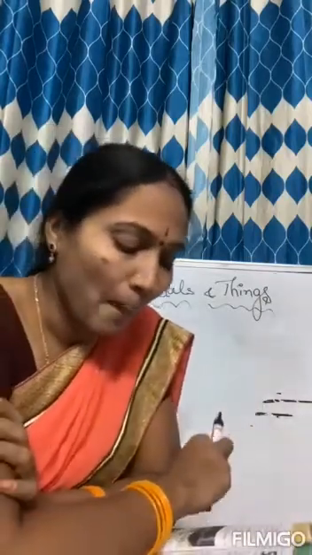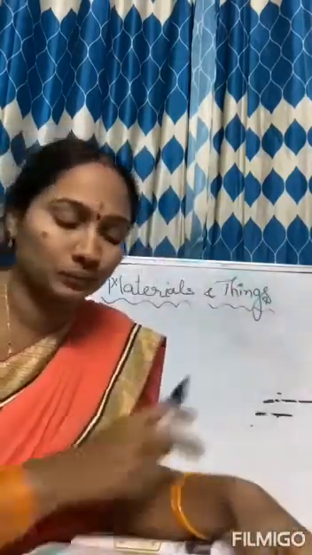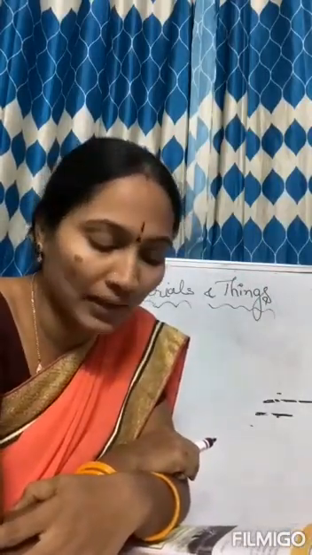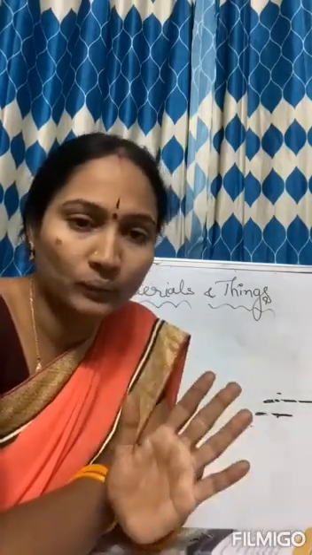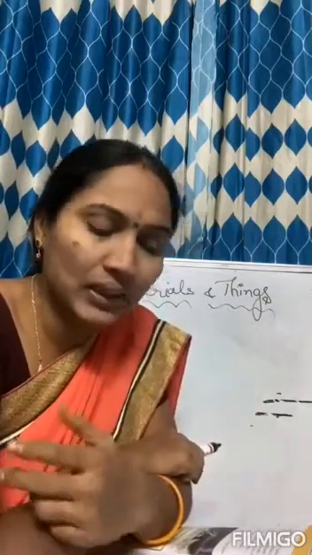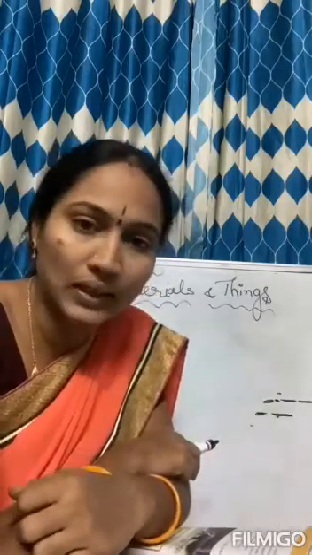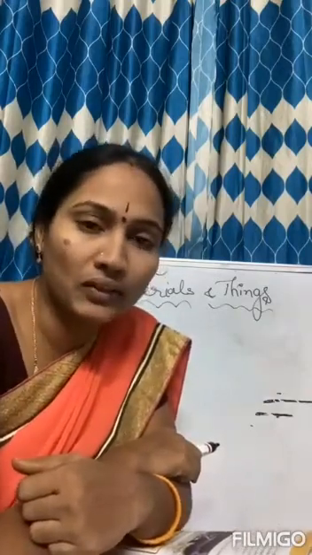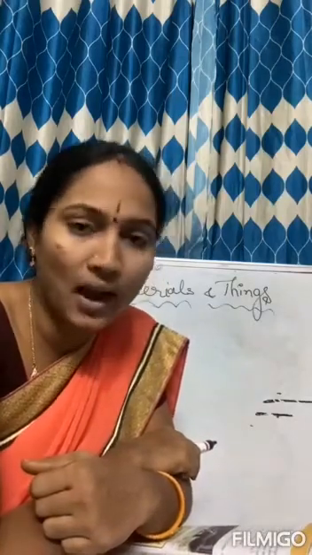So in this way we are going to learn in this lesson about the materials as well as about the things. Here you can see in figure number 1 in the textbook, on the very first page, they have given a picture. A girl is standing there and a cat is running away, and all the utensils in the kitchen have fallen down. She was sitting in her room studying. Suddenly she heard a loud sound from the kitchen. Anyway, what will you do? Immediately you'll run to that place. Same way the girl went to the kitchen, and when she went, she saw a cat running away.